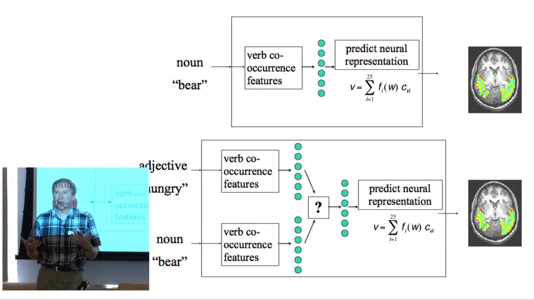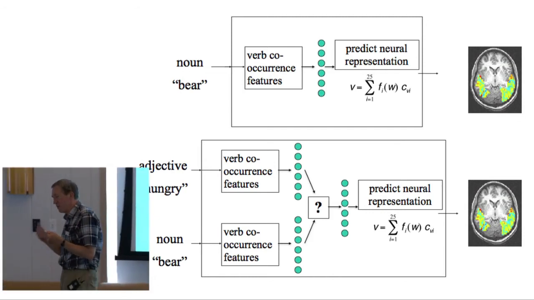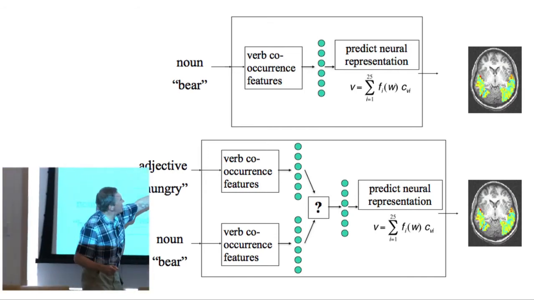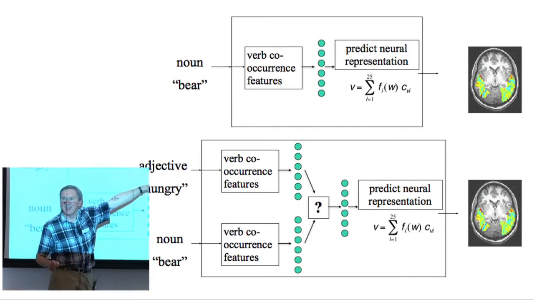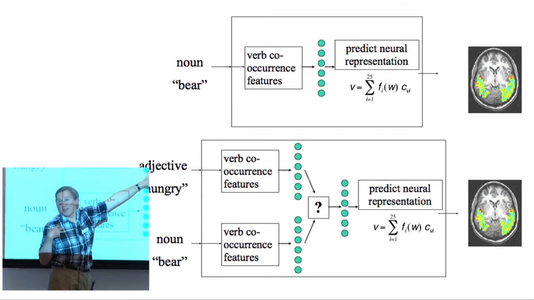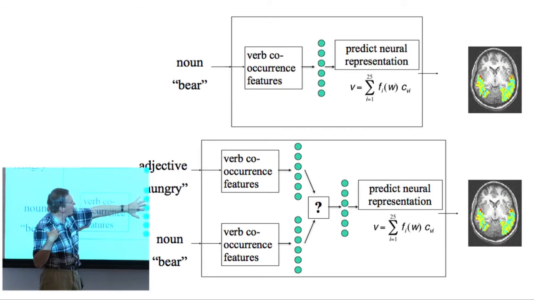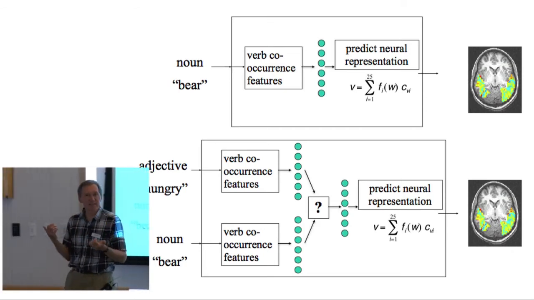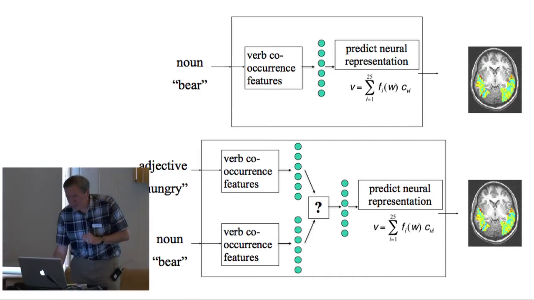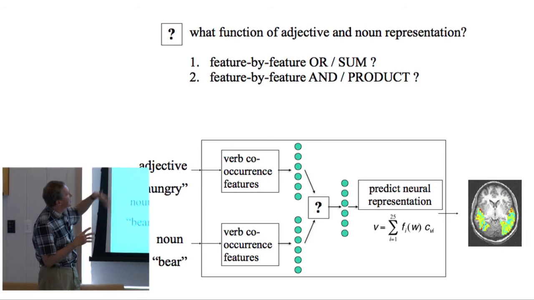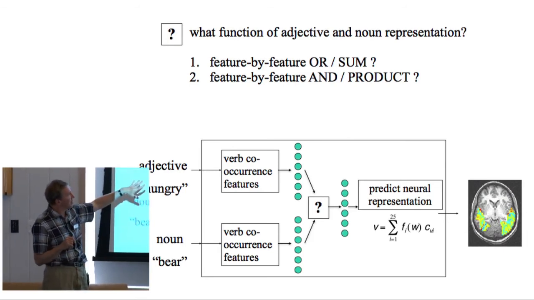So a model for predicting adjective-noun neural representations for arbitrary adjective-noun phrases is going to need this missing component. One way to do it would be to come up with some function, that's our hypothesis, about how the code for these two words gets composed into the code for the phrase. And one of our students, Kai-Min Chang, did a first step of that, which he published in the Computational Linguistics Conference,